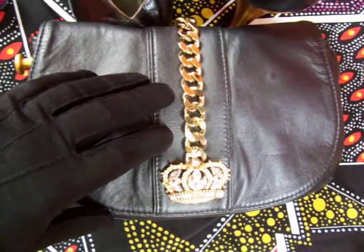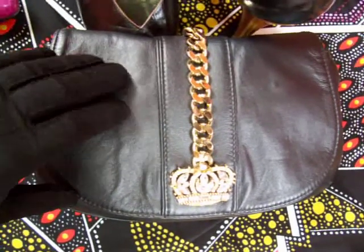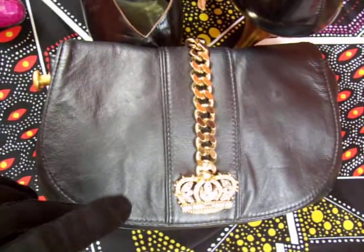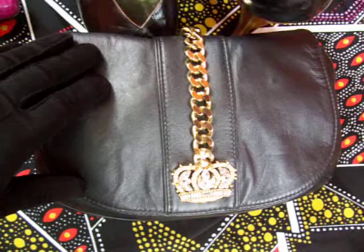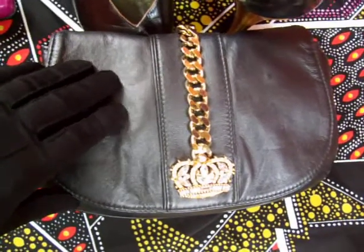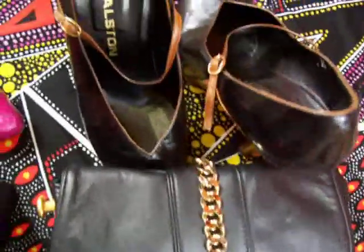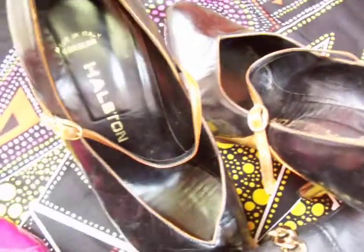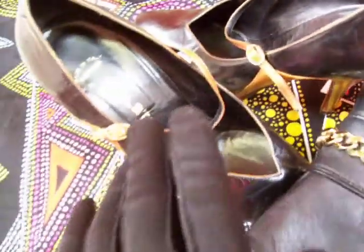My collection of American and European couture and Japanese is not just about clothing, gowns, you get the picture. It is also about the accessories, the high-end designers of the 20th century that basically shaped the world of fashion. And these are just some samples of what I have in my collection, because remember, you can never have enough